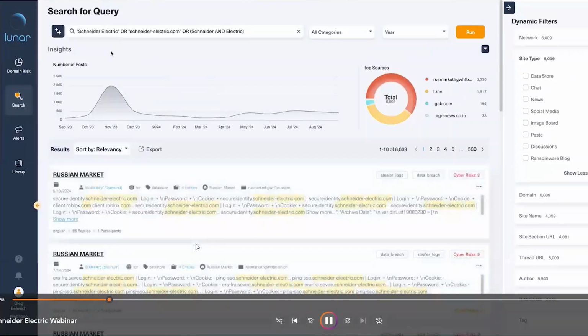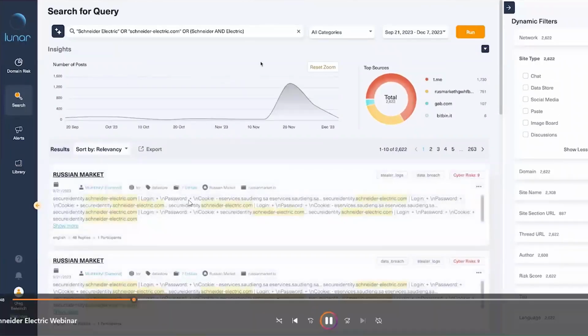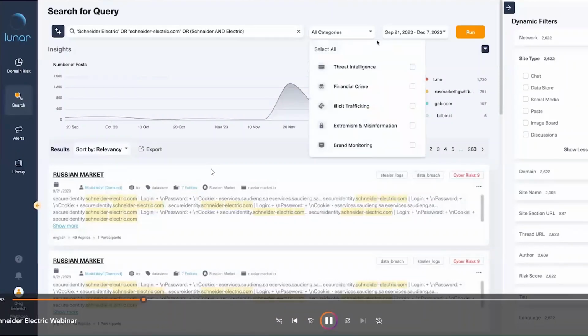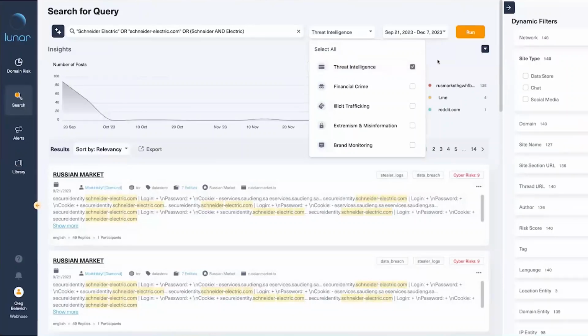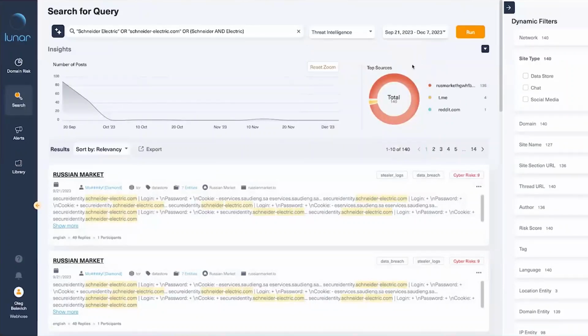To dig deeper, I will remove the site type filter and focus on the peak in the time frame before the attack. This is actually a great way to try to find out what was the initial unauthorized access to Schneider Electric network. We'll remove noisy results by clicking on the threat intelligence category, which will narrow down the total results from around